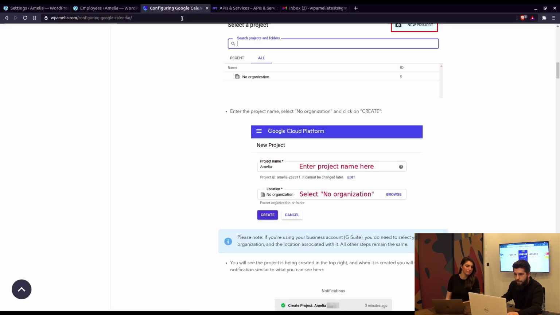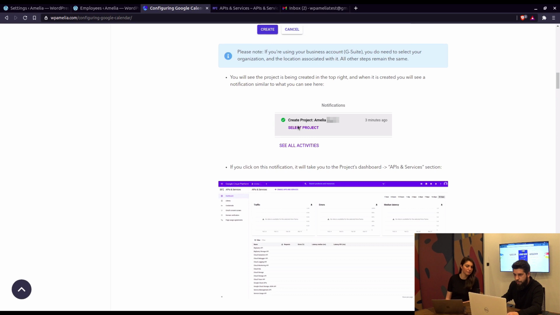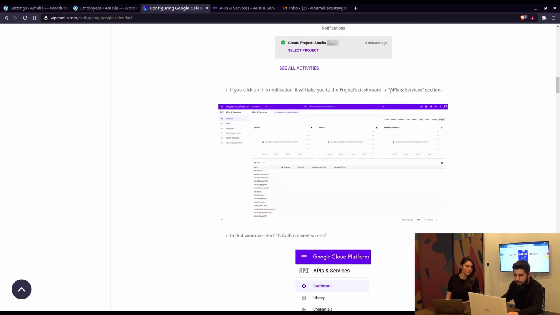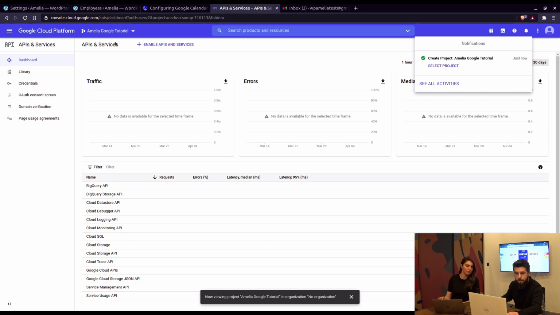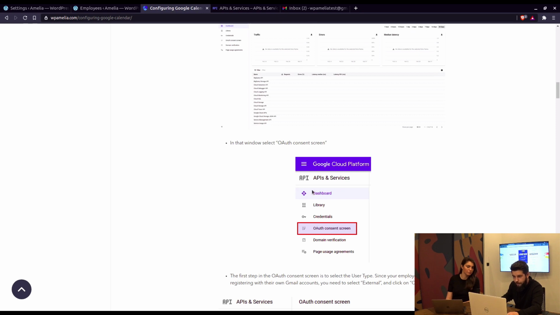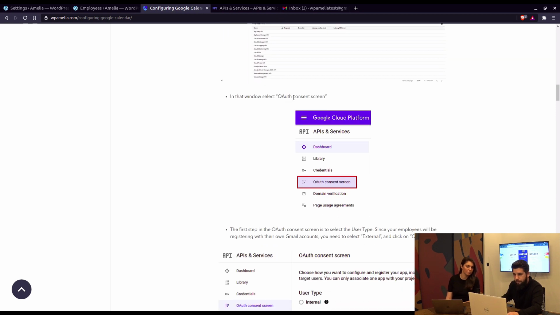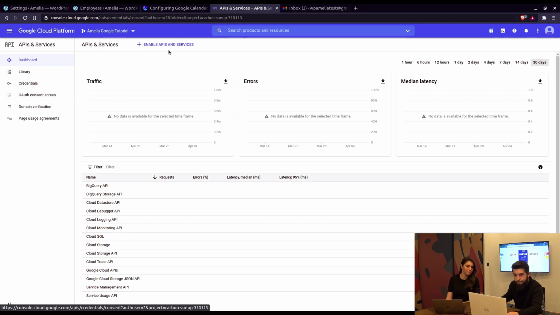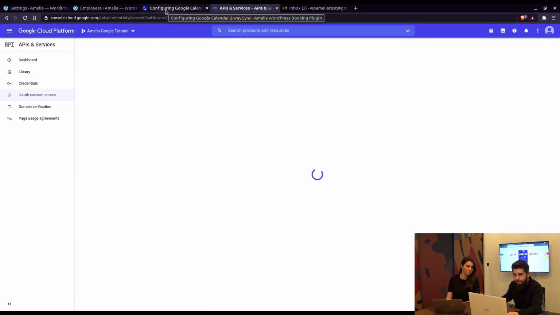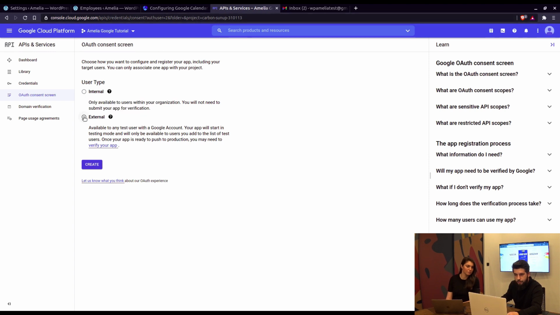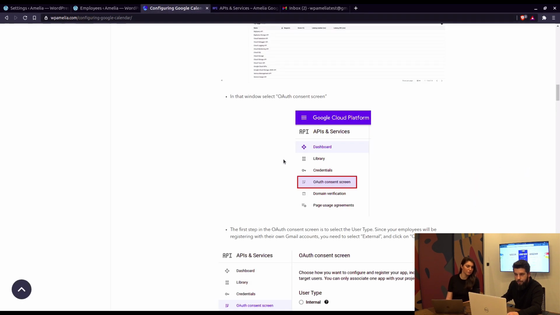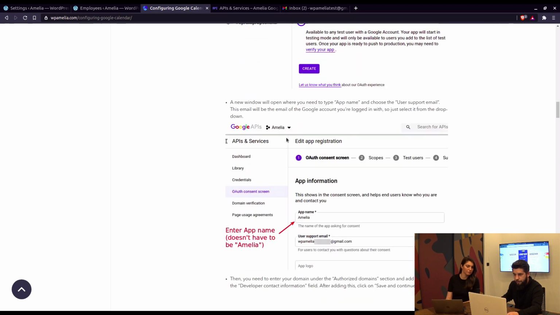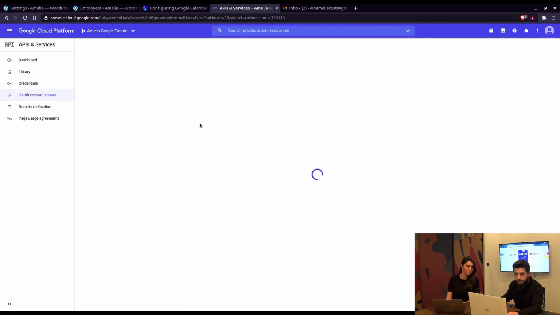So select project as shown in the documentation, and it takes you to the APIs and services section. Okay, that's currently the same. So we go to OAuth consent screen, or is that supposed to be red? So when we click on that, we choose external type because we want all users to be able to connect to the Google Calendar. After we click on create,